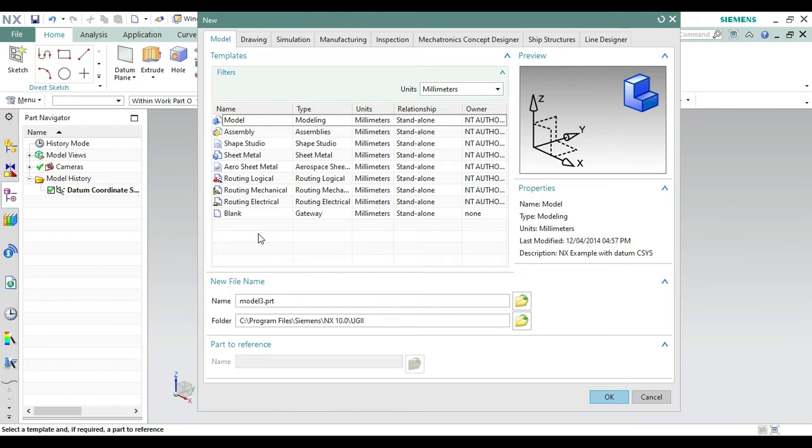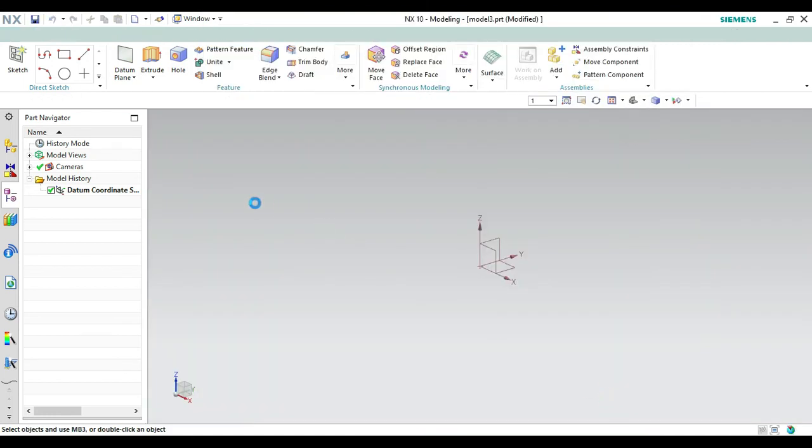We are going to design the third part of the chess assembly, and that is a rook. So from here, first step is to click on this model and make it okay. Now what we have to do is to select the sketch as we have done previously. We can do and select the sketch.